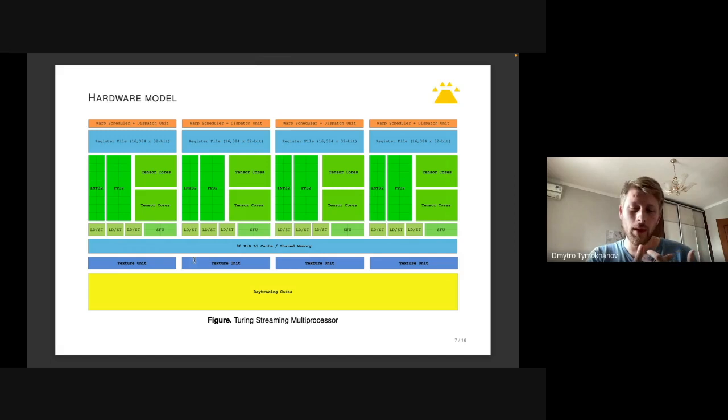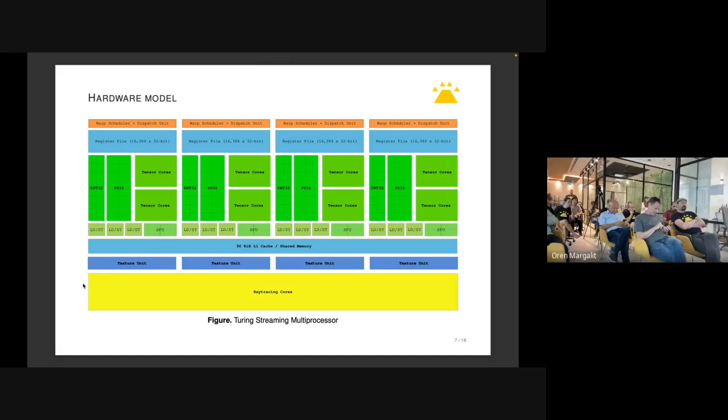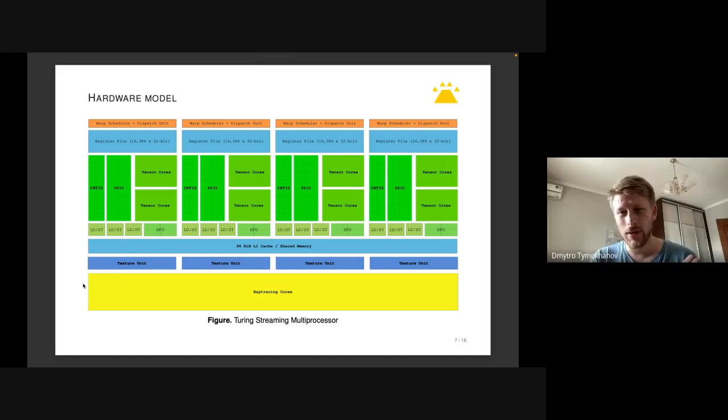Internally, they are composed of multiple dozens of streaming multiprocessors, which are themselves internally subdivided into four parts,